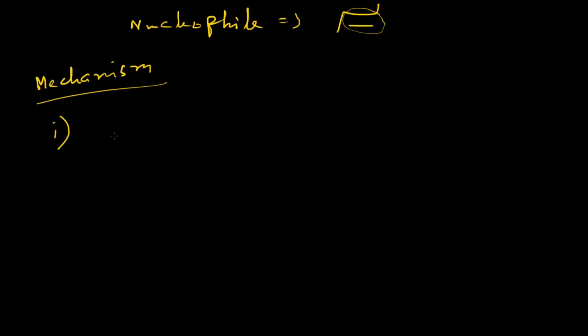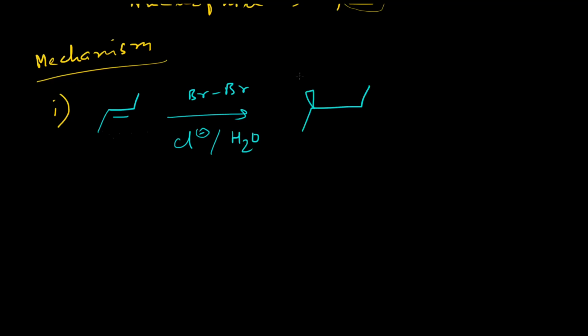One experimental finding is that when the reaction is carried out in the presence of other nucleophiles, let's say chloride ion, or in the presence of water, the desired product is obtained, as well as another product is obtained,